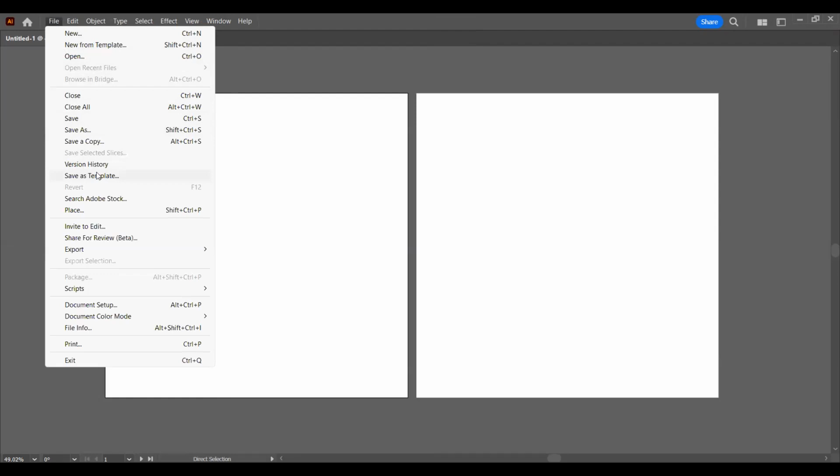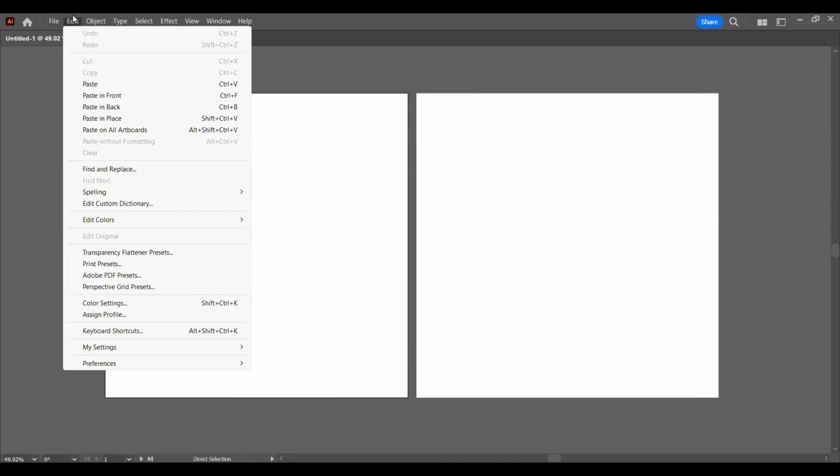This is similar to your Word file, where you can save your projects, look at version history, and save as a template. You can export your project. You can look at the document color mode. You can easily switch between the color modes from CMYK to RGB, see the file info, you can print and all that. Edit gets a little bit more fancy, where you can copy, paste,